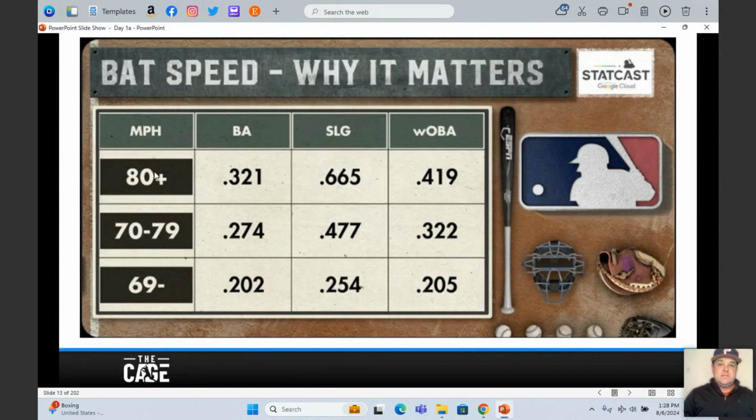If you have bat speeds in the big leagues that are over 80 miles an hour, your batting average is .321. If your bat speed is under 69 miles an hour, you're hitting .202. Now, there's some other factors, of course, but bat speed matters because your miss hits end up going farther. They end up being more likely to get through. And then when you do barrel the ball, it's over everybody's head, and they can't catch that either. So it just works. So you want more bat speed as long as you aren't going to sacrifice contact quality,